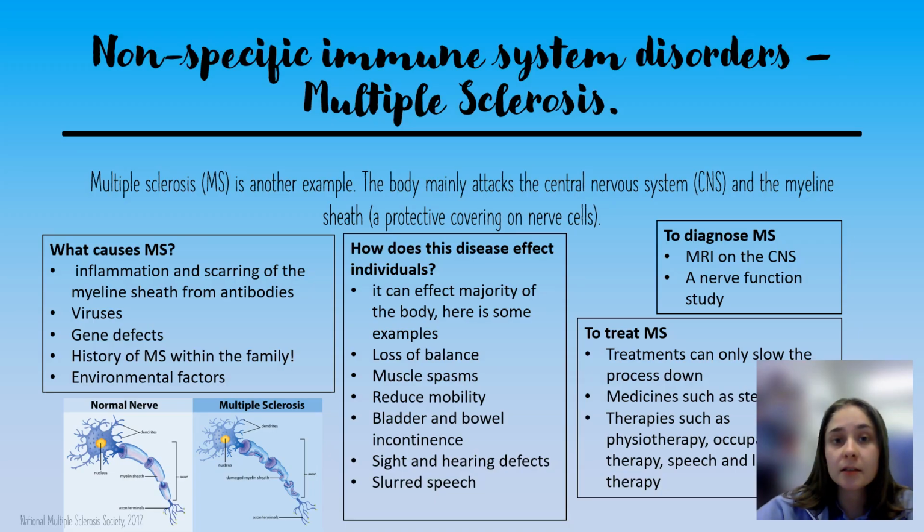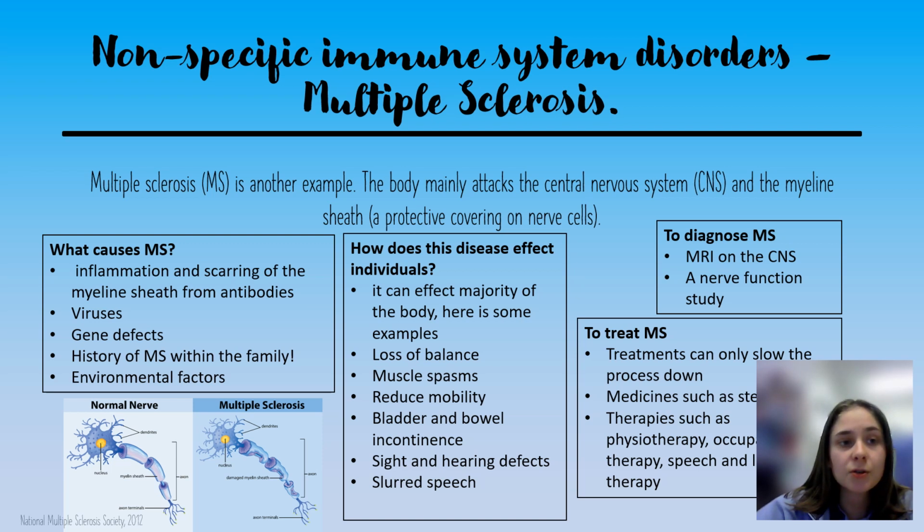The second type of autoimmune disorder is multiple sclerosis. This affects the central nervous system and the myelin sheath. It is damaged by inflammation and scarring from antibodies, and viruses, gene deficits, and environmental factors can all play a role in why MS occurs. There is also no true diagnosis as to why it does happen. Individuals are more likely to develop multiple sclerosis if there is a family history of MS. As the antibodies are